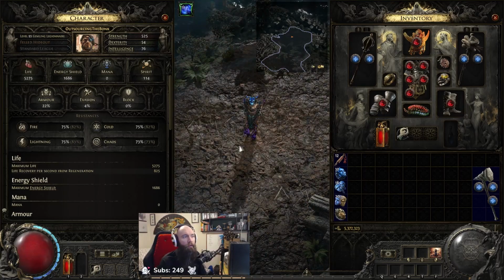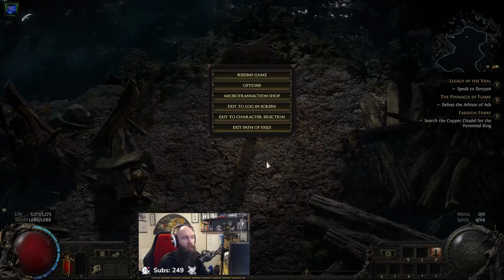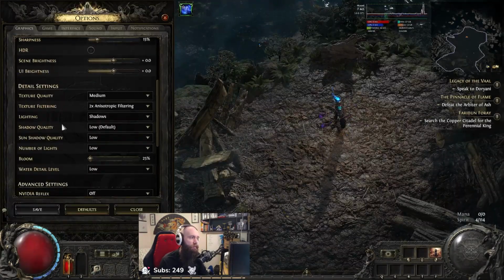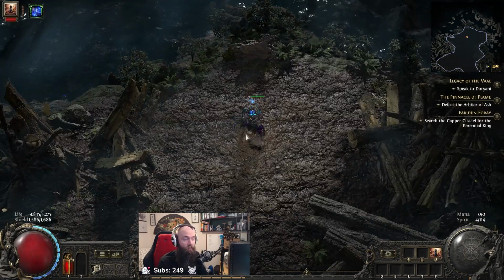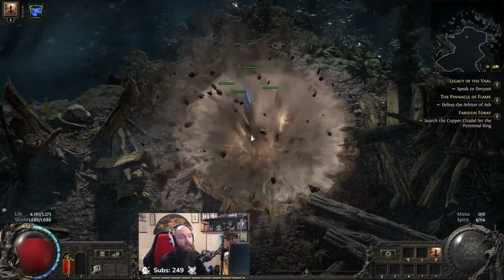Now you'll notice right away, one of the first things you're going to have to do when you're doing this build is you're going to go to your options, you're going to turn on dynamic culling, and you're going to have yourself a much better time. The reason you have to do that is because if you don't do it, and you put down 4 totems,